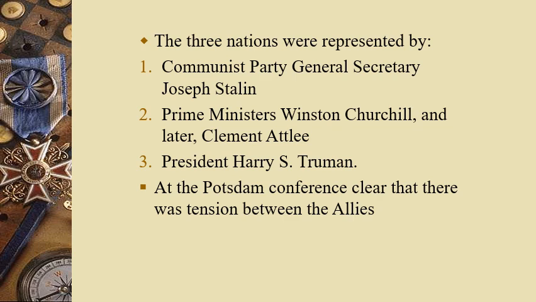Truman. So by the time this conference takes place in July of 1945, we see that there is tension between the Allies. The reason is that Churchill is no longer there, and he actually had time for Joseph Stalin. Clement Attlee had no time for Stalin. Secondly, Truman, similarly to Attlee, has no time for Stalin. However, as we know previously, Roosevelt did have a lot of time for Stalin. So because of the new role players now attending this conference, we see increasing tension.